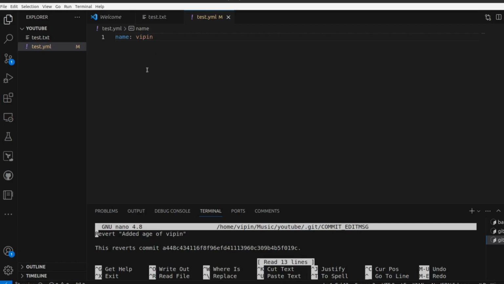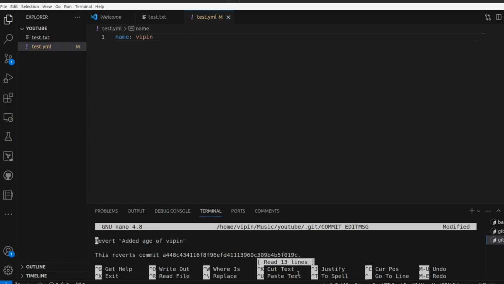And suppose you have by mistake committed something that was not supposed to be committed, you can use git revert and the commit ID, and you can revert those changes. You can see it here, modified.